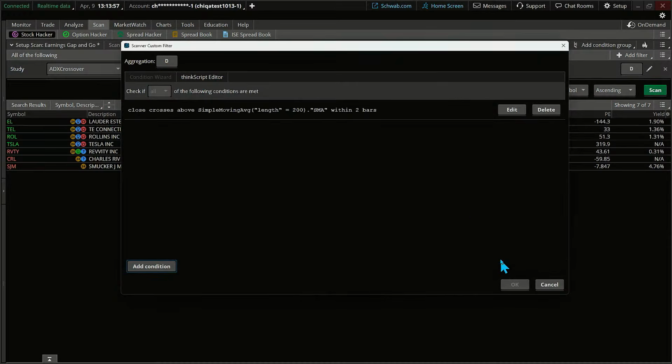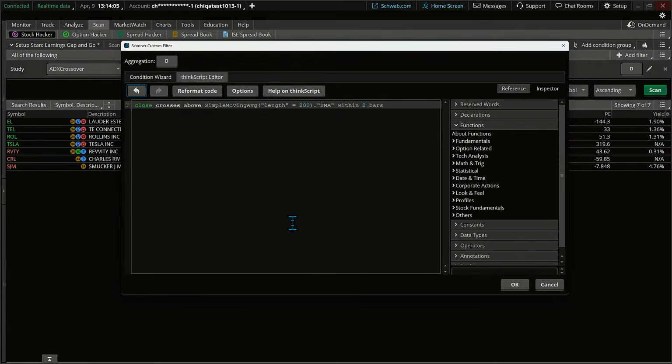So I'm going to click on save right now. That's it. Want to see what the code looks like? Just click on the tab to the right, ThinkScript Editor. That's it. So if you want to know, this is one method of ThinkScript coding. There's more than one method, and we're going to do some of those next week as I go a little bit more advanced, where we actually build one that I'll share that script with you. But this one can be very powerful and very useful. It's a very simple code, but at the same time, it can be quite powerful.